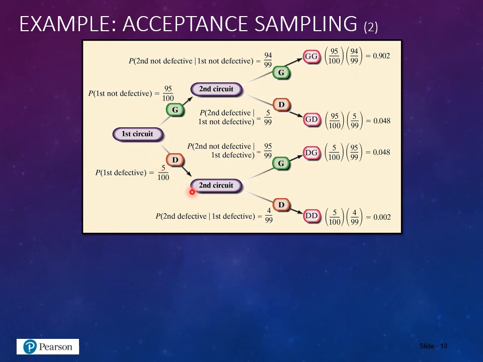And then finally, the last branch of the tree is defective, defective. Okay? So we pulled one defective here. Now we're doing another defective. So we've already pulled one circuit, so that drops by 1. We've already pulled one defective one from the first circuit, so the numerator also drops by 1, and so we get 4 out of 99 for the combination of defective, defective, and we multiply them, we get